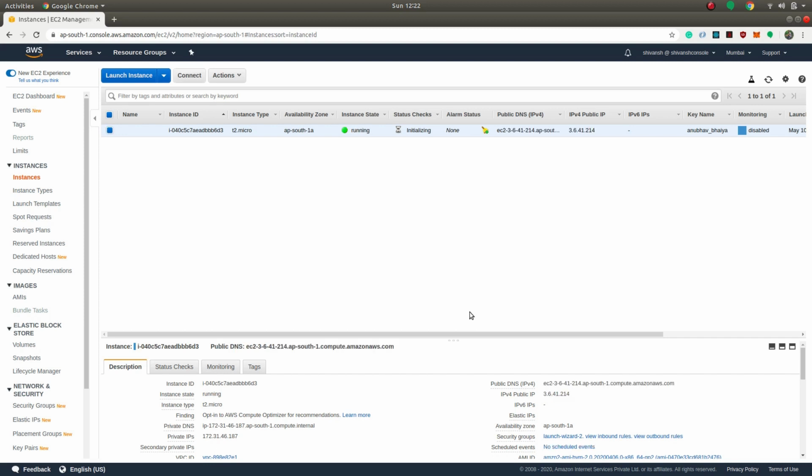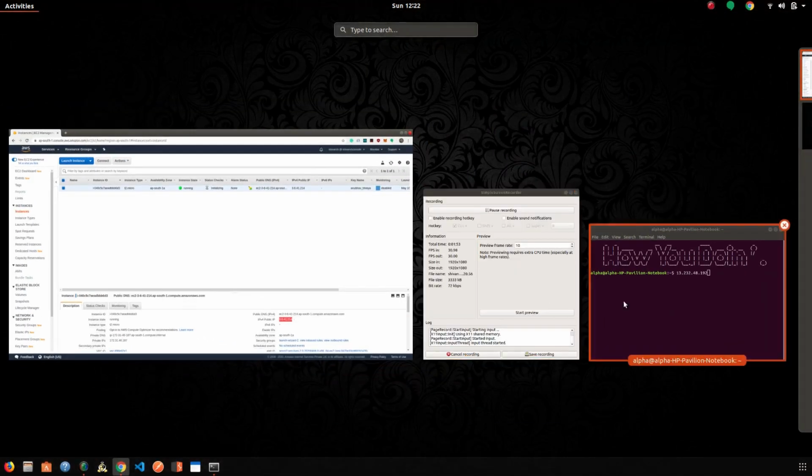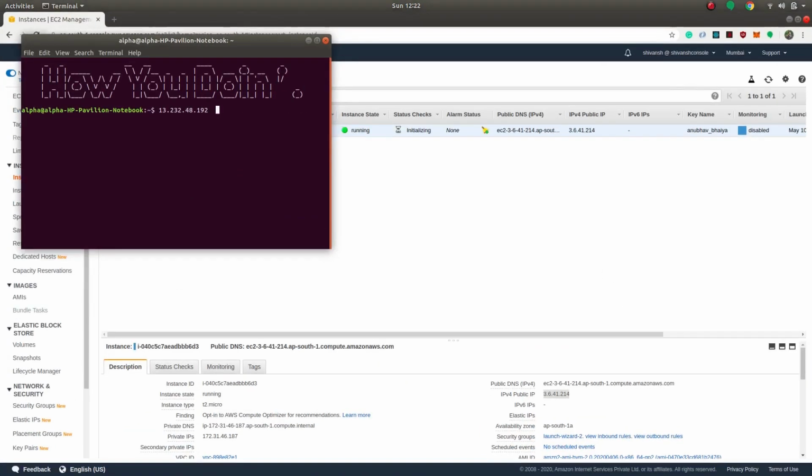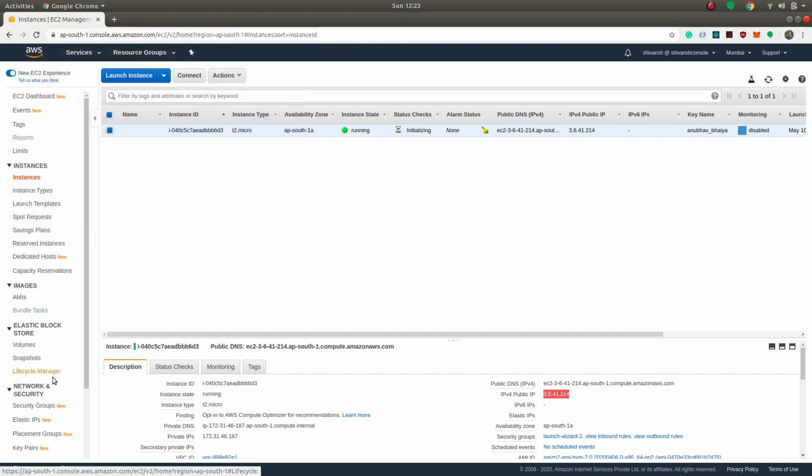So this is a hectic task, and now as you can see that the instance state is running, and if I copy this back and compare, then as you can see this was my previous IP, and as I have changed the state of my instance, I have got a completely new public IP. So this can cause a lot of trouble, and in order to resolve it, AWS brought the concept of elastic IPs.